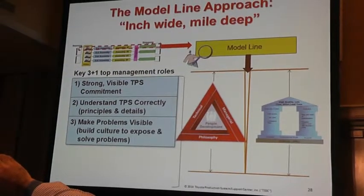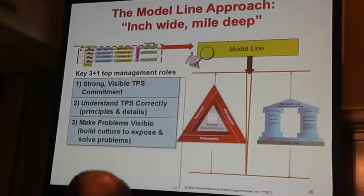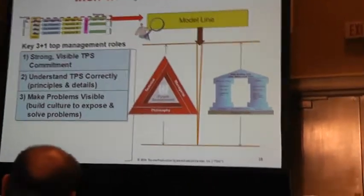Thirdly, build a culture to make problems visible so that people will willingly expose and surface problems so that we can then attack. And lastly,